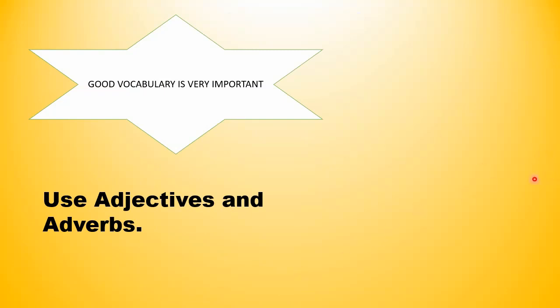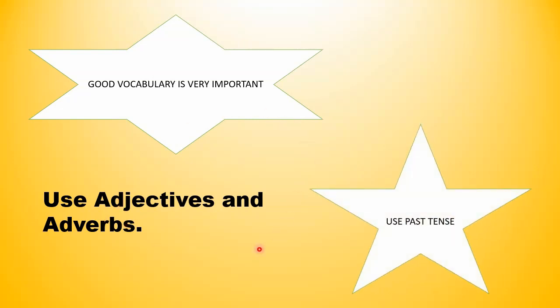Now again, the important point here is the use of good vocabulary, which is very important in writing any good story. You can use adjectives and adverbs. Okay, so try to use good adjectives and adverbs while you frame your sentences. Then use past tense when you write the story. I hope these points are clear to you, and definitely once you start writing a story, jot down the points as I told you. Write small sentences, write two words, jot down the points and frame a story.